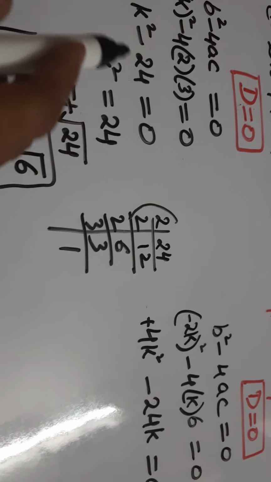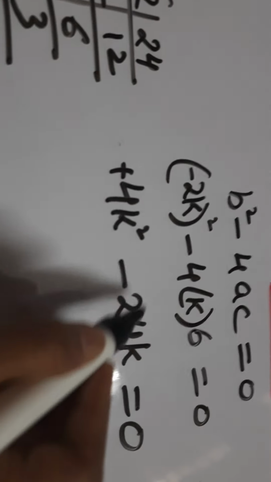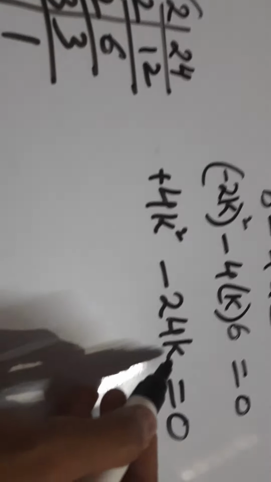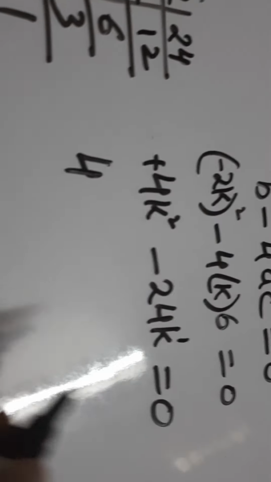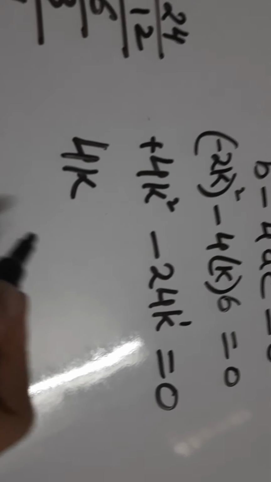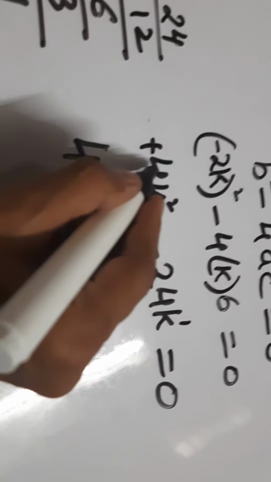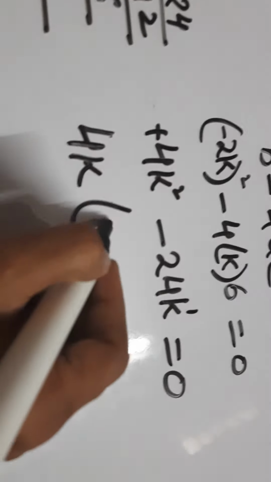Dear students, in the previous part a single k term was there, that's why we took the constant term to the other side. But in this case you can see that k square is here, and k is here also. So we can take out the common factors. 4 is also common because both are multiples of 4. Now here k raised to 2 and here k raised to 1 is there, so we take out the smaller power of k as a common factor. So 4k is common, put the bracket: 4 goes out of k square, 1k goes out, 1 is left.